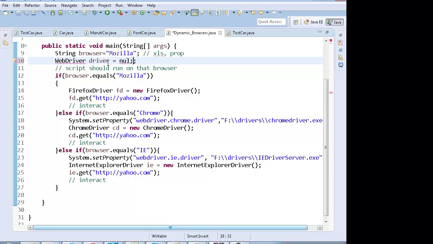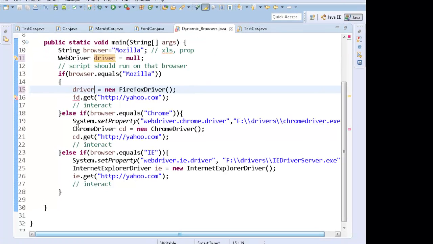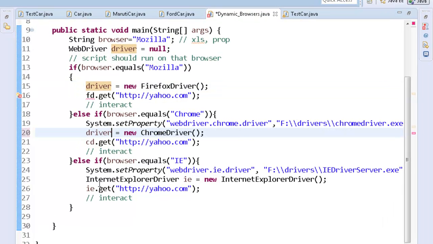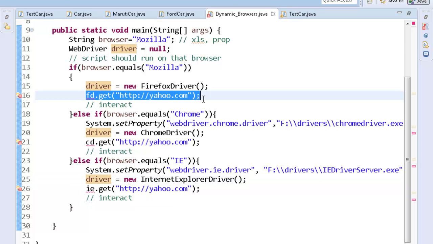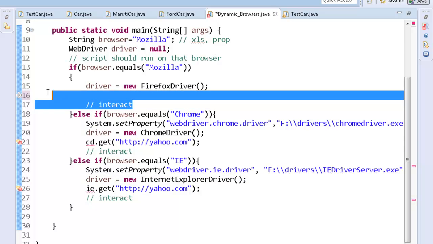Based on which browser I want, I can make my driver point towards that browser. Okay, and these lines I can remove.